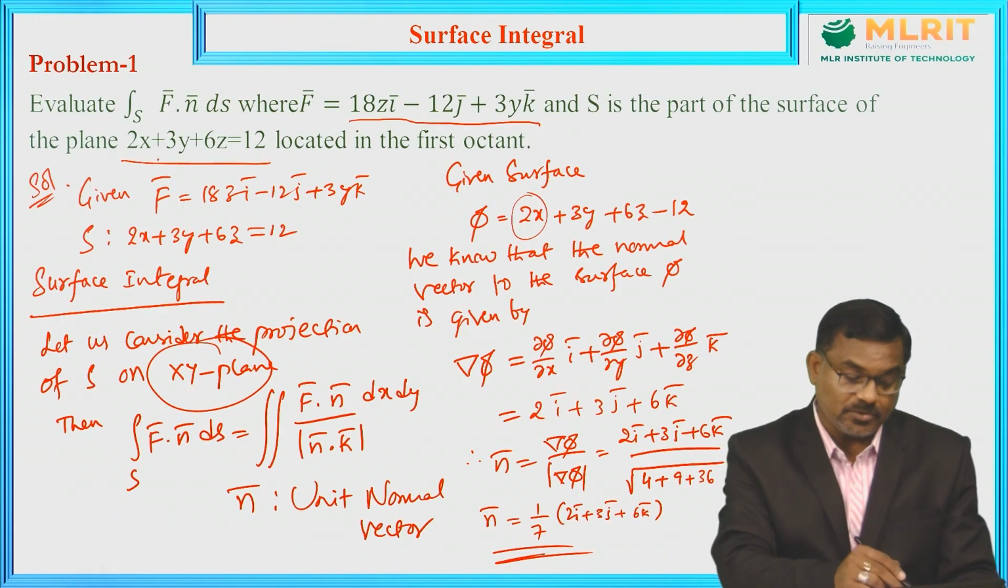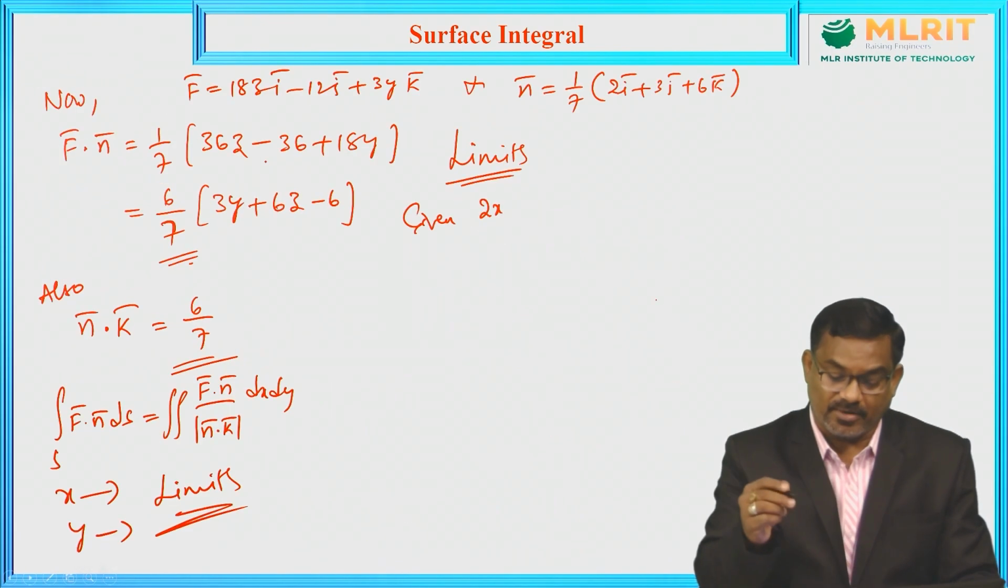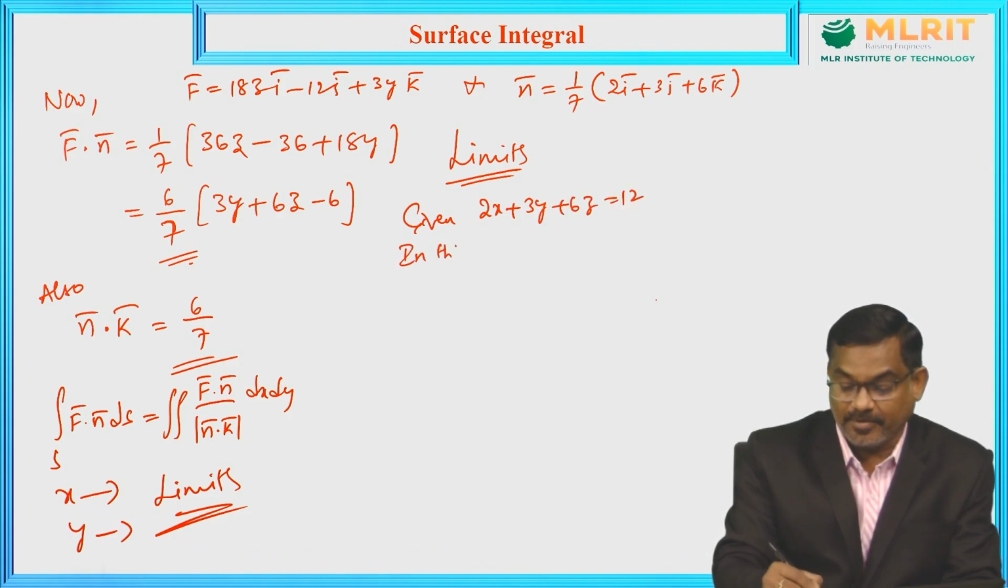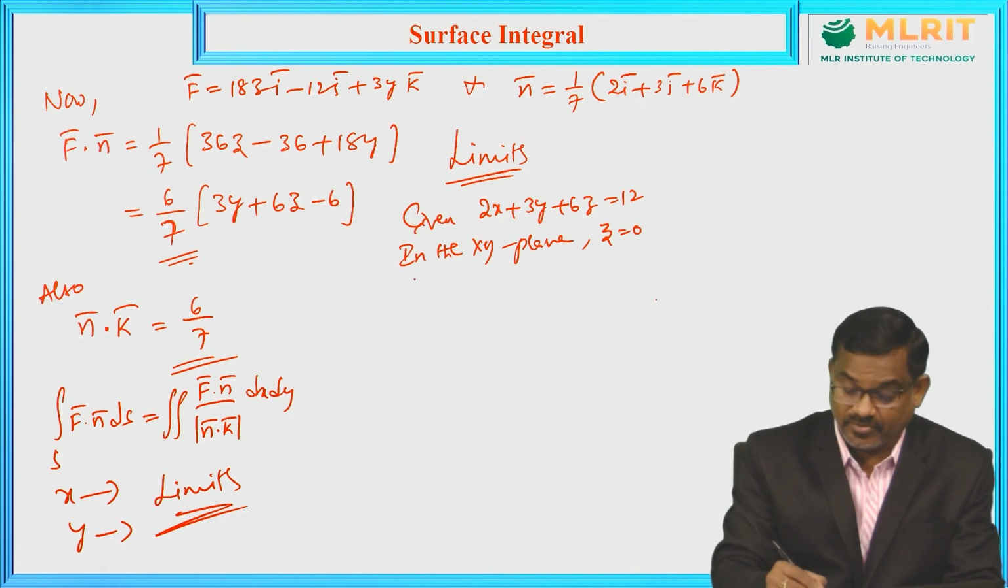Given 2x plus 3y plus 6z equal to 12. But in the xy plane, z is 0. So therefore, 2x plus 3y equal to 12. That implies,